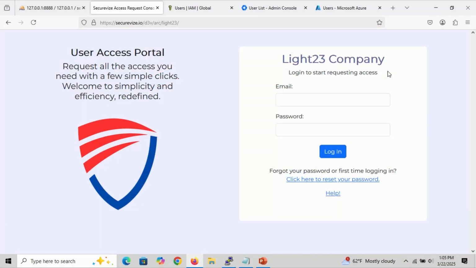In this demo, John Smith, a new employee of Light23 Company, will request access to specific policies and roles within the three major cloud platforms the company uses: AWS, Google Workspace, and Microsoft Entra ID. He will do this using the Securevize User Portal. His manager and the access owner will subsequently approve the requests through Securevize. Once approved, the demo will show how Securevize automatically creates John's account in each of the platforms and assigns the